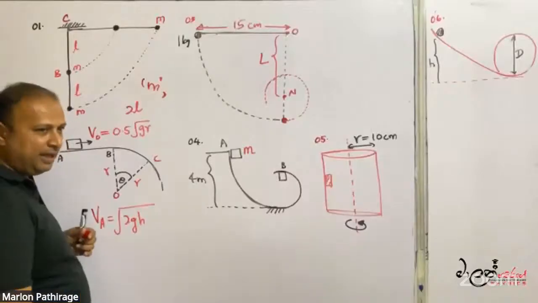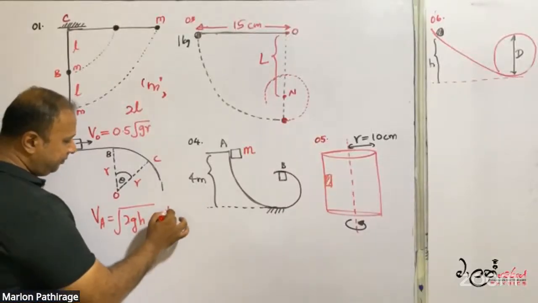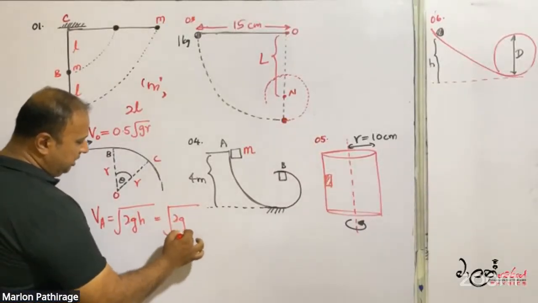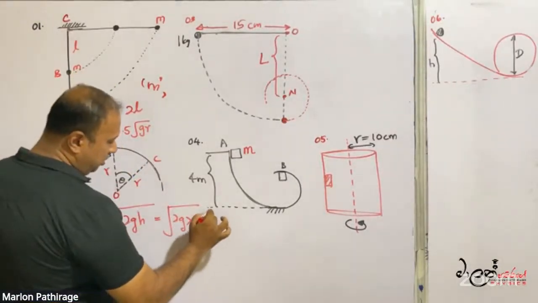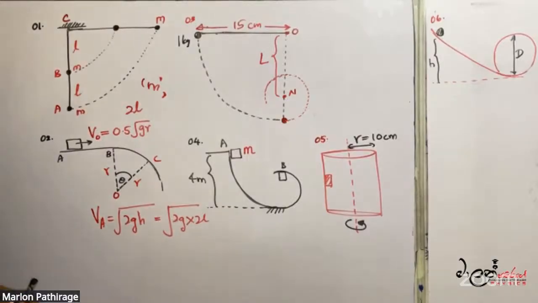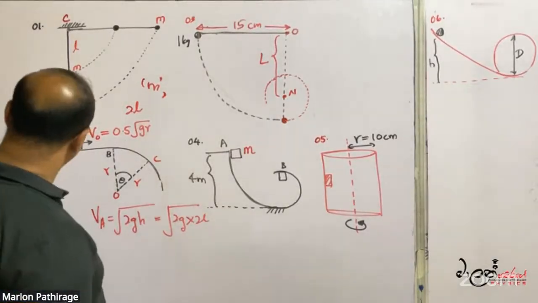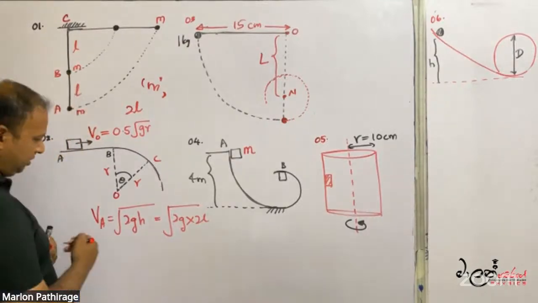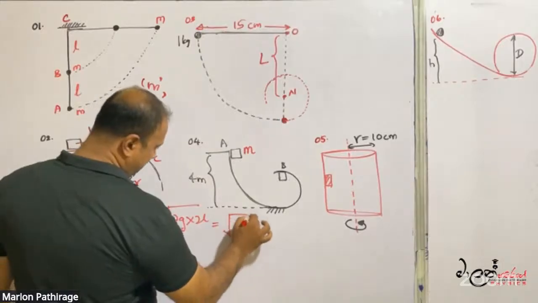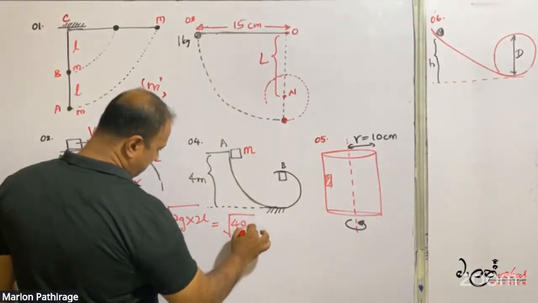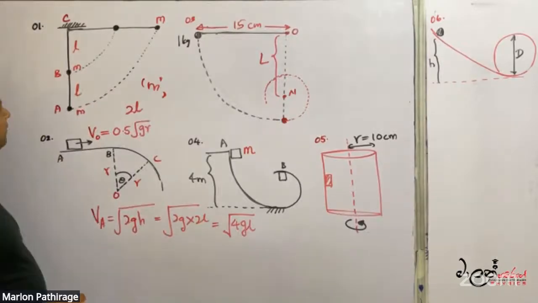2g, h means 2l. H means 2l. And then that means 4gl. That is the speed of